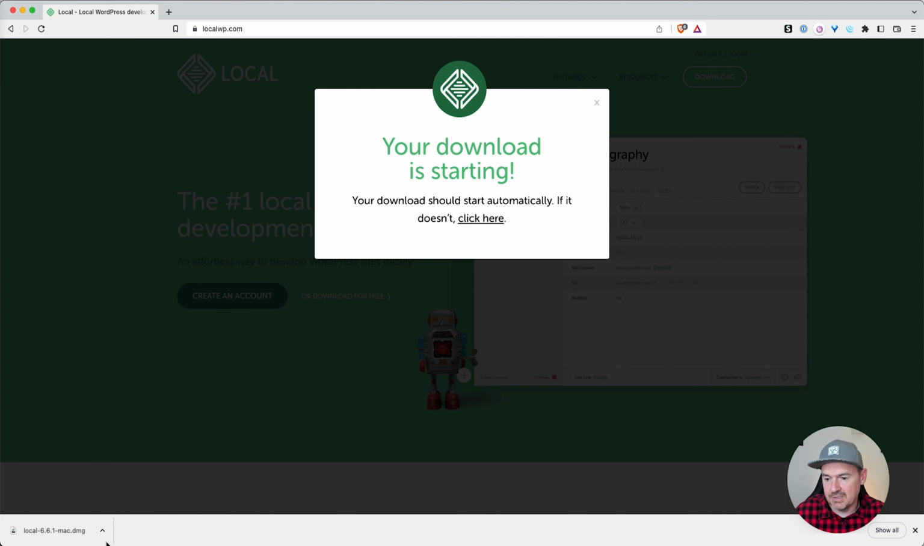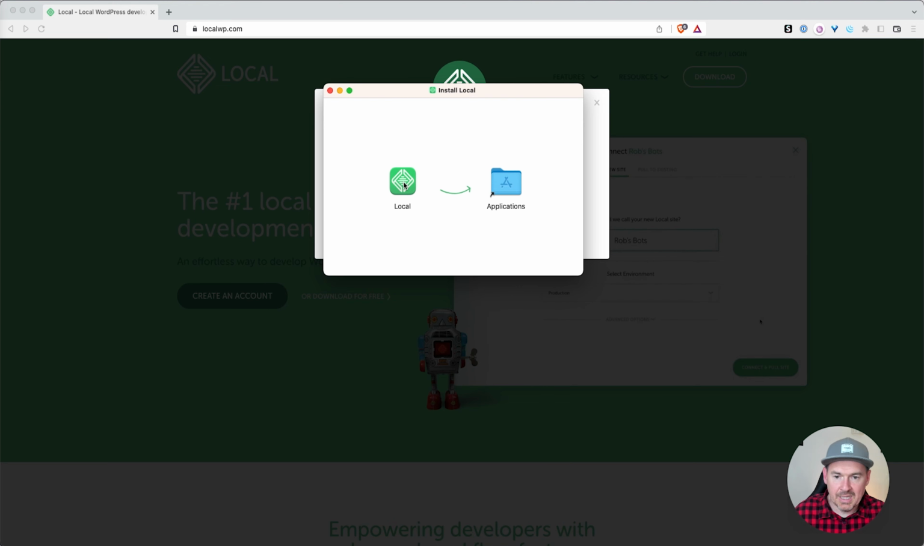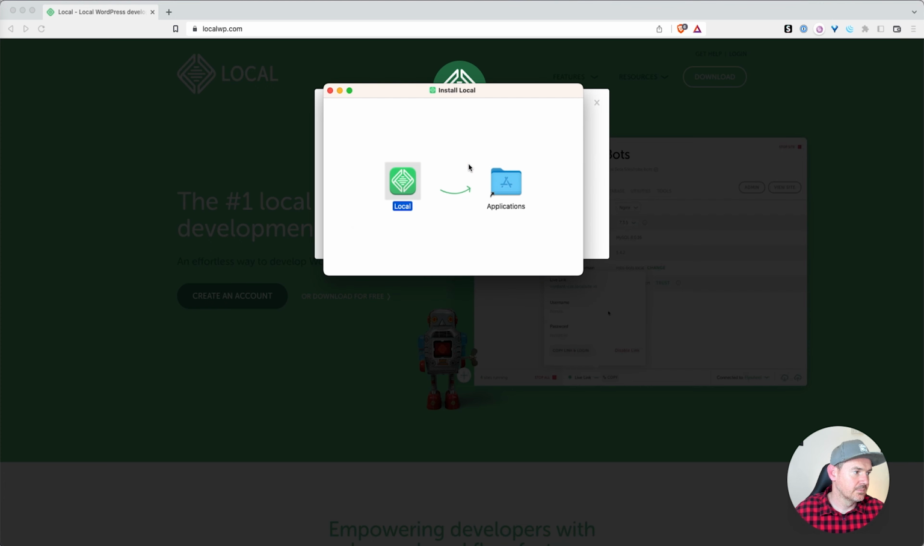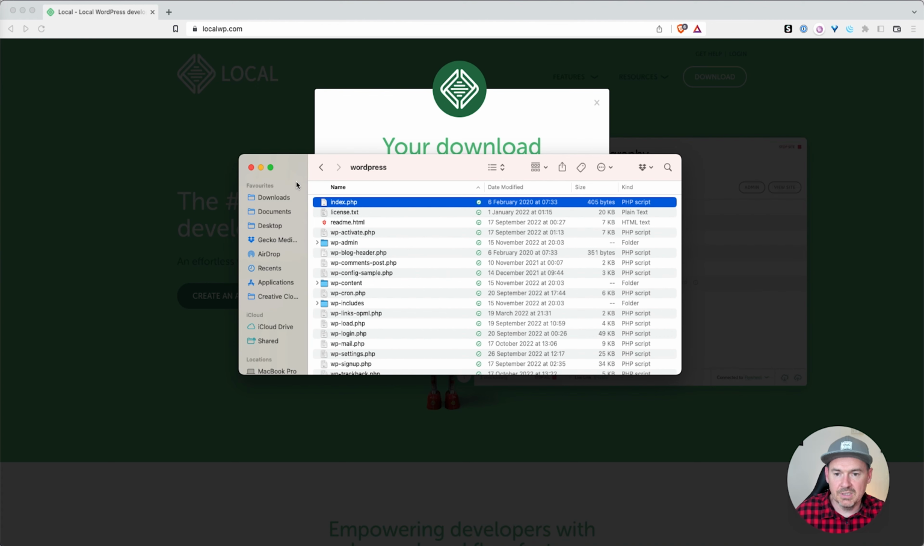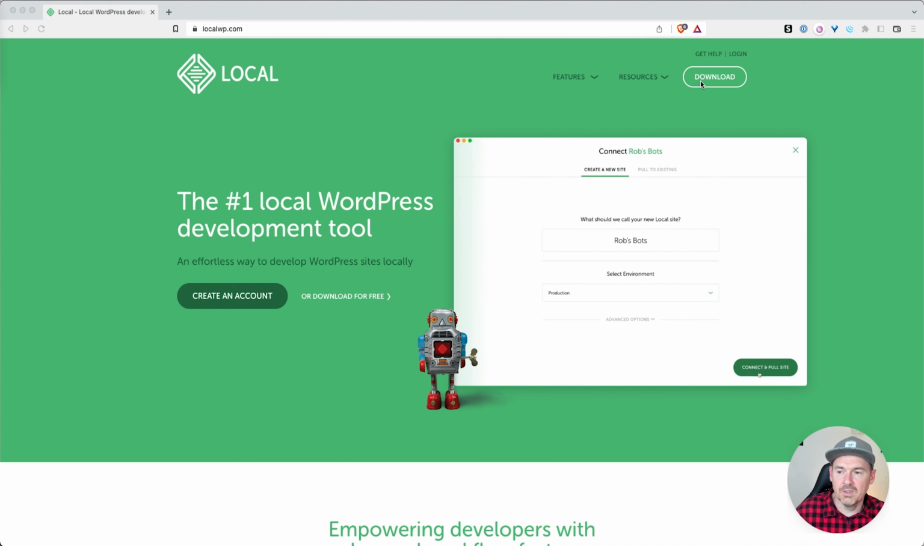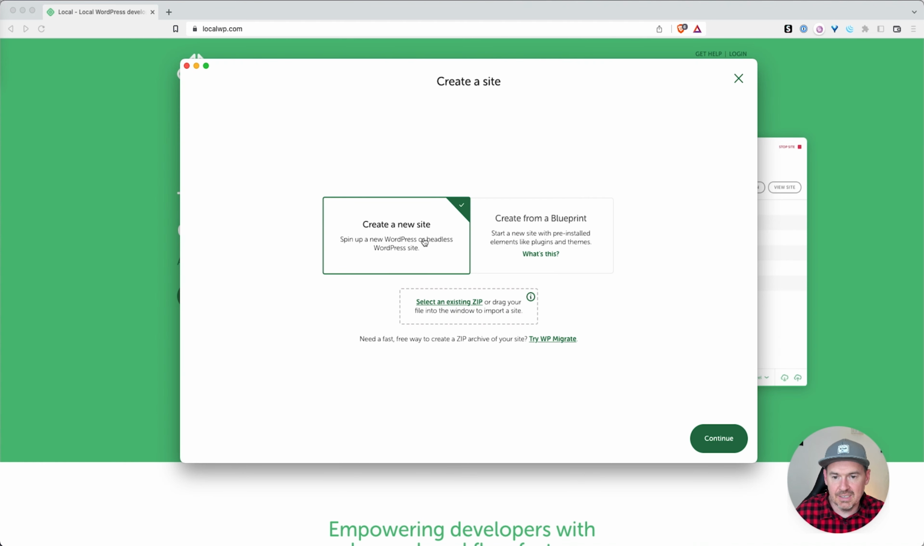Once this is finished downloading, you can click on it to open it. And then we need to install the application. So we put it in our applications folder and just wait a few minutes for it to install. We can close this. Then we just need to open Local from our applications folder. And once it's open, you'll see something like this. And all you need to do to set up WordPress on your local computer is click add a local site,